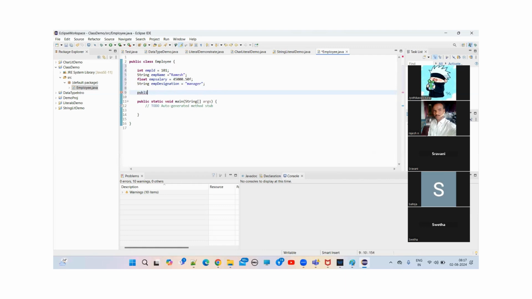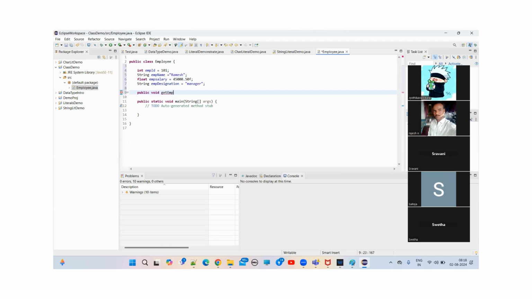If you want, then write public. Return type: void. Already we discussed it, right? In Java, return type is mandatory, guys. You can see C++. If the method is not returning anything, you have to keep void. With the void keyword, the JVM knows this method will not return anything. Public void getEmployee